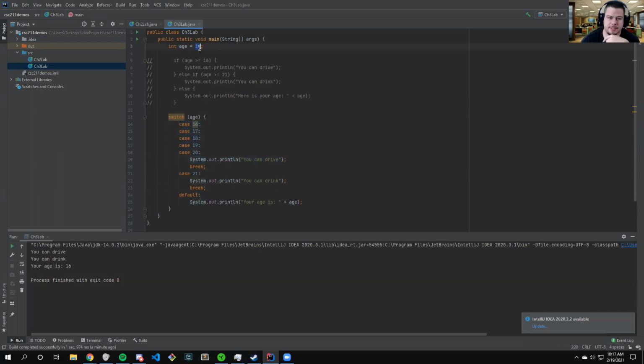So if I make it 17, let's say, yeah, you can drive. There you go. Because it came into the switch, saw this case, and then did this, and then went here. So these are all kind of basic examples. I'm just trying to show how the switch and if-else statements